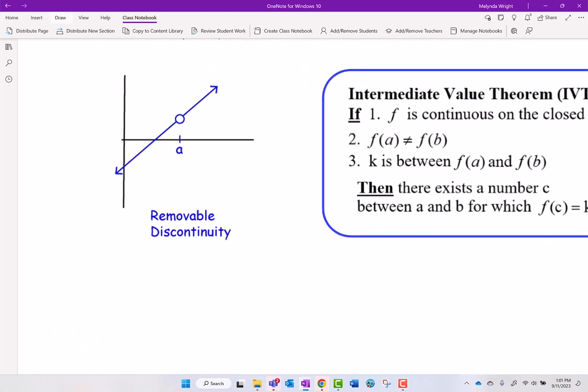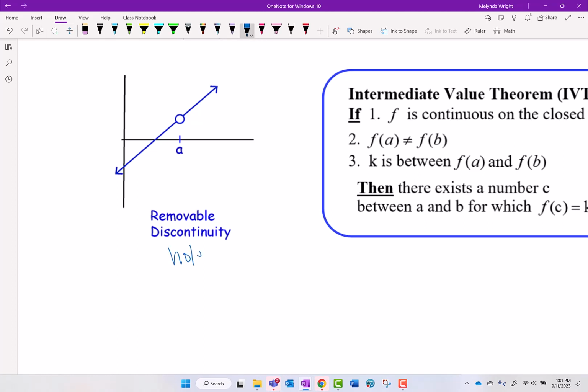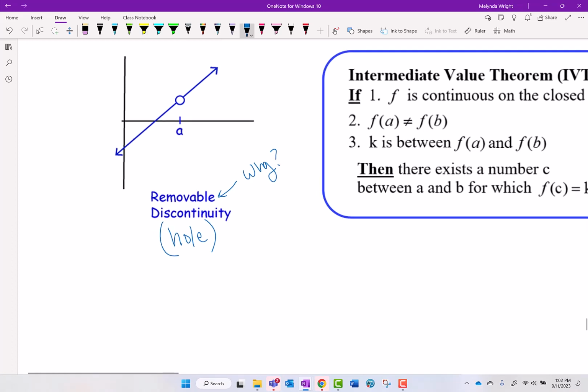This is a fancy word for hole. Okay, these are holes. That's a removable discontinuity. So why would they call it removable? What does that even mean? So we want to know why. Why is it removable? Well, it's removable because, and I'll just write this out, because